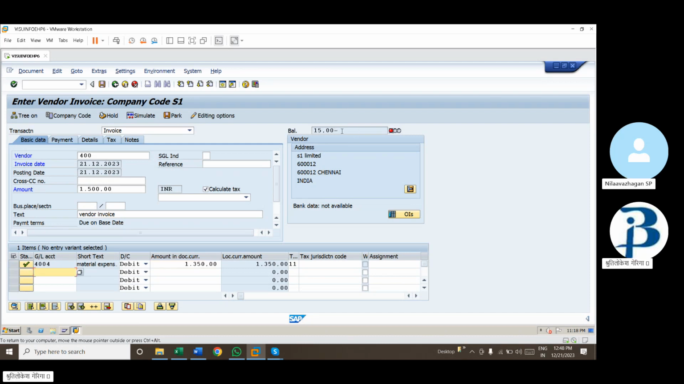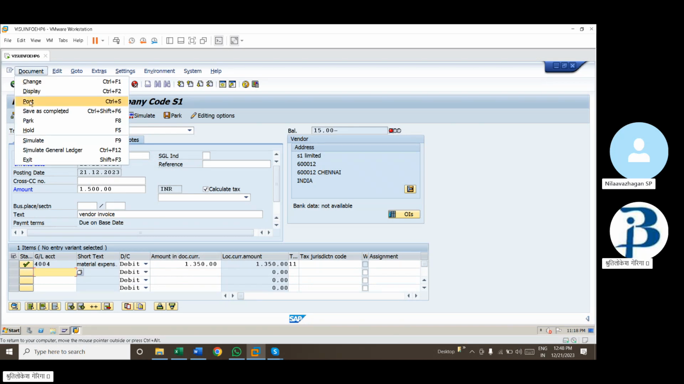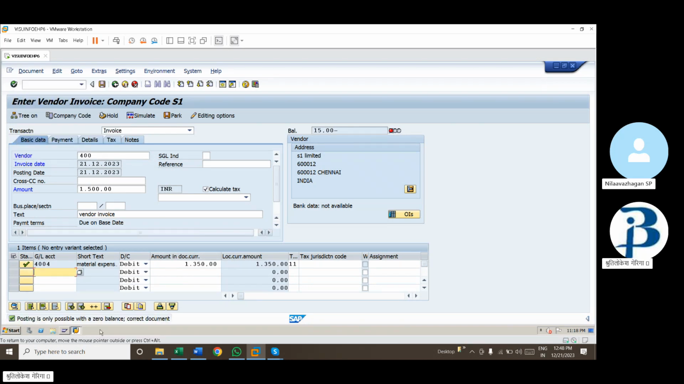So in here the balance should be 0. Otherwise we are not able to save it. Possibility is only with a 0 balance. Correct the document. Okay, so I am removing the amount